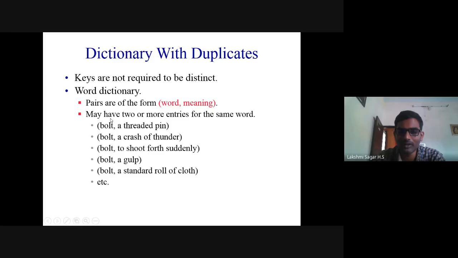So here you can see bolt is the same, bolt is nothing but the key. Keys are the same, not distinct, but the meaning is different. For the same key, the values or elements are different. So we call it a dictionary with duplicates.